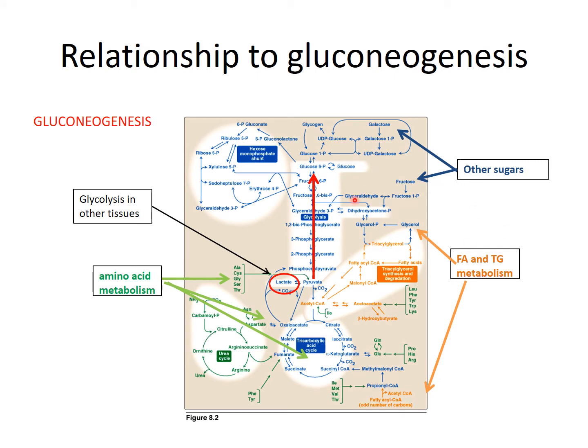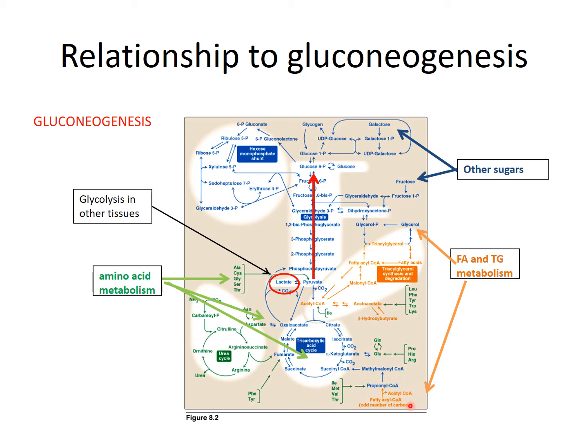So this is what I meant before. What is the relationship? Glycolysis is running in other cells. Lactate is produced, goes to gluconeogenesis. Fatty acids and triglyceride metabolism can also support gluconeogenesis through glycerol coming from triglycerides and propionyl coenzyme A coming from